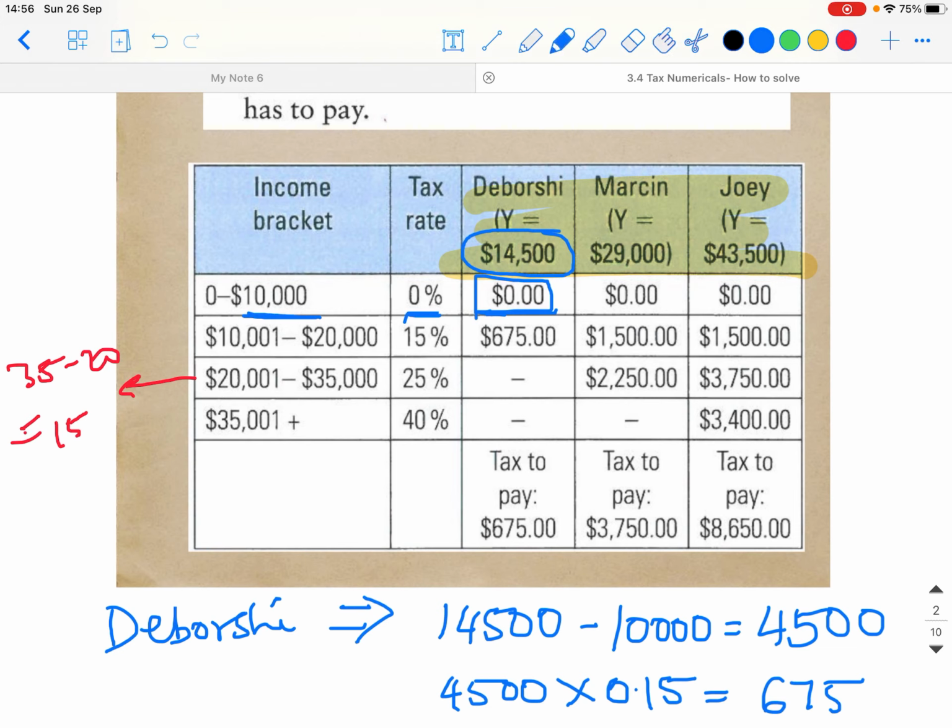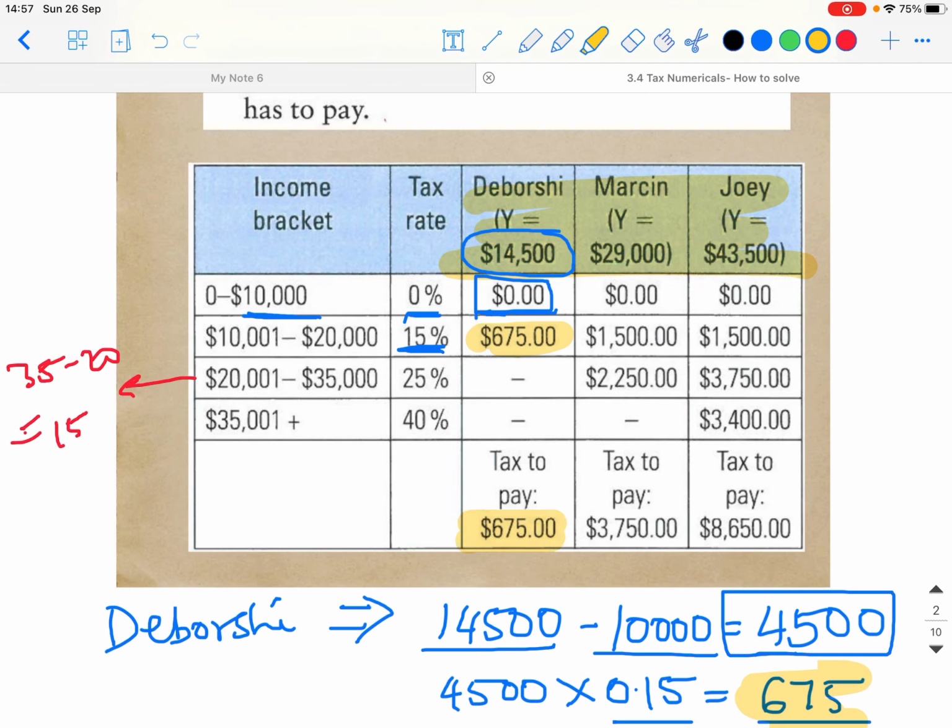from 14,500, we are subtracting 10,000 and we are left with 4,500. Now on that 4,500 there is a 15% tax applicable, so we will multiply by 0.15 and we get 675 as the tax to be paid. So this is then our answer, 675, and we can just in the last row, as you can see, write tax to pay 675,